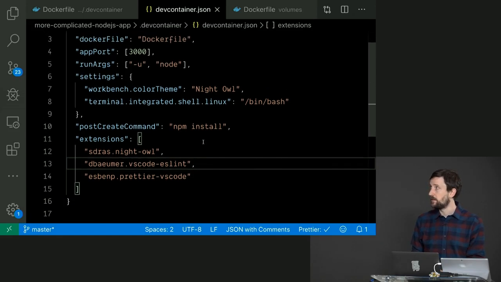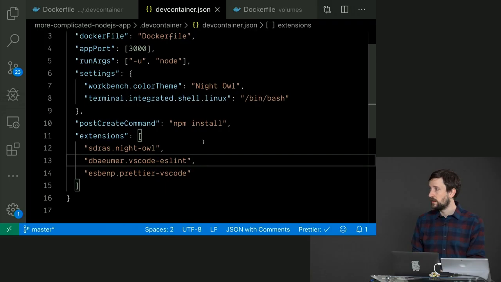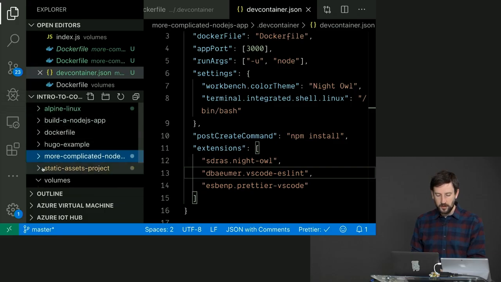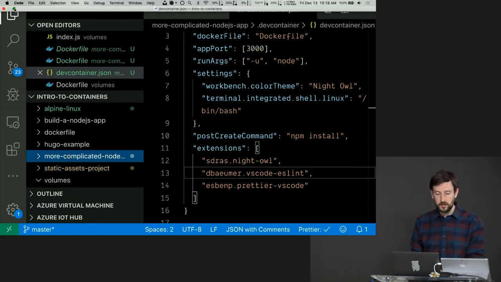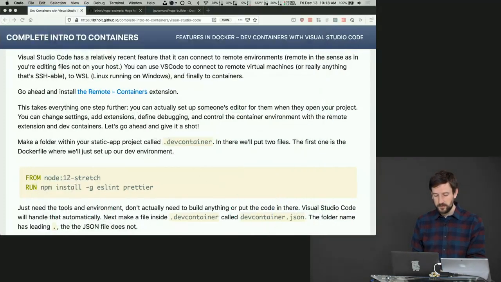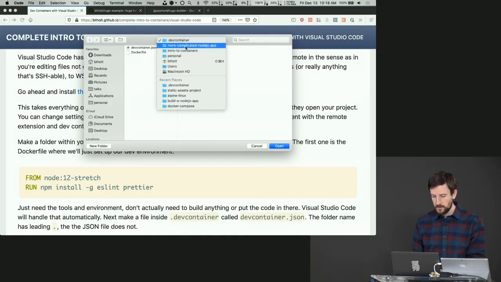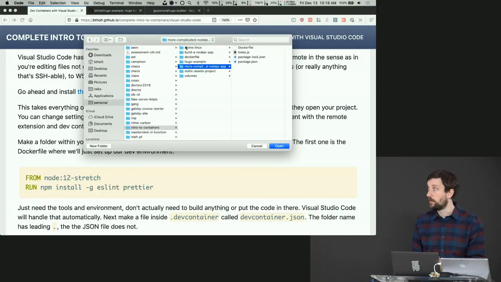Now, there's a couple things that you can do. Let's actually do it this way. Right now, I have it here in my file explorer, I have all these different projects open. I want to open it so it's just the more complicated node project. So for a second, I'm going to minimize this. And I'm going to open a more complicated node project just by itself, right? Just that in my Visual Studio Code. So now if I click open here,